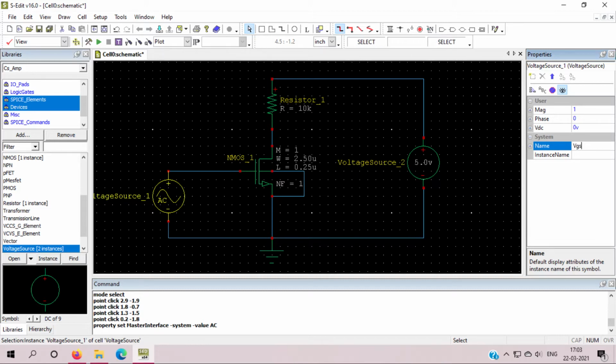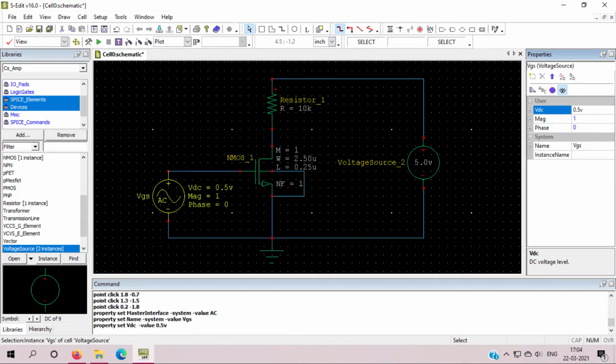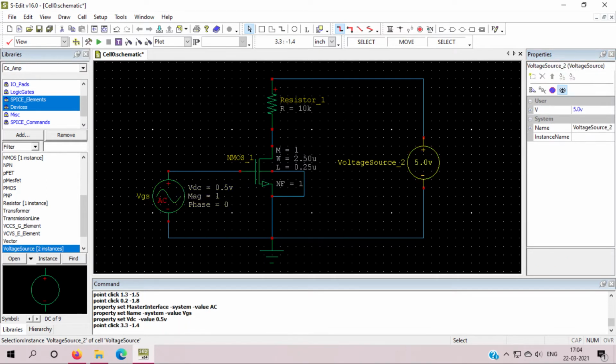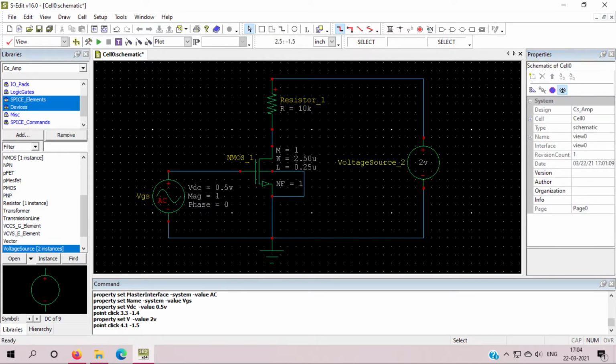Magnitude is 1, phase is 0. Make this 0.5 DC. Okay, this is done, and make this VDD as 2 volt. So this is 2 volt.